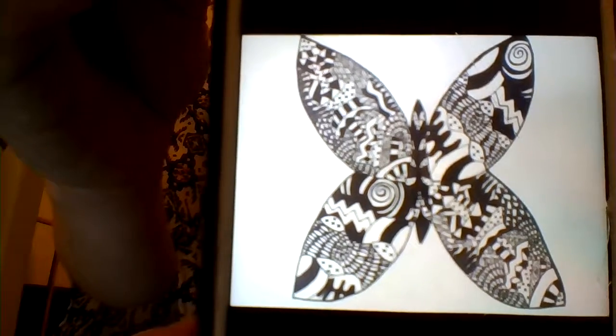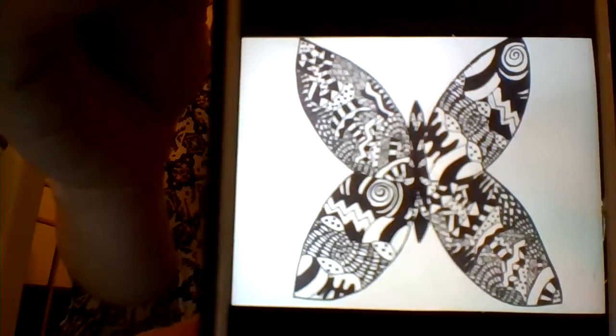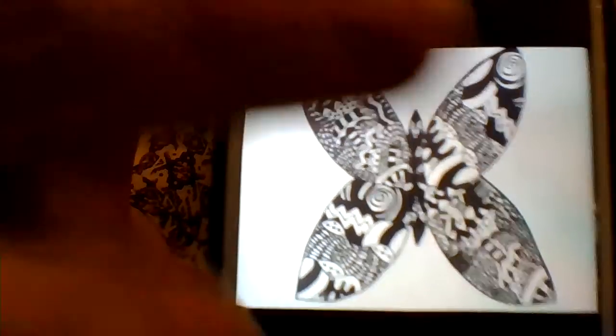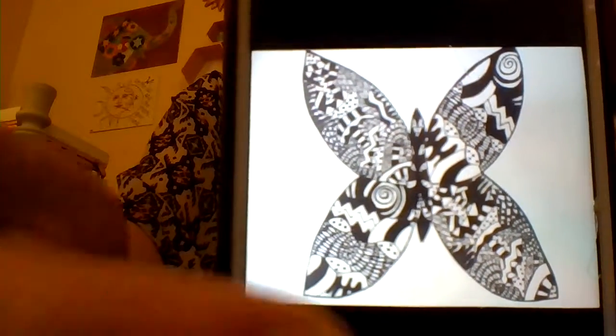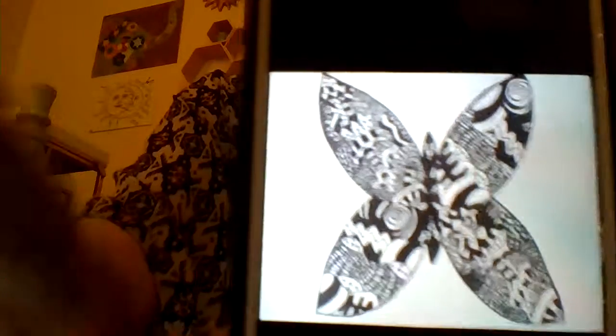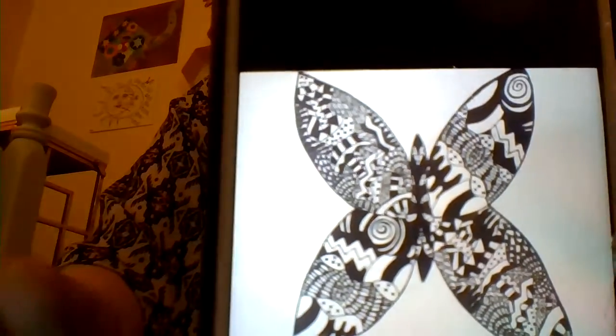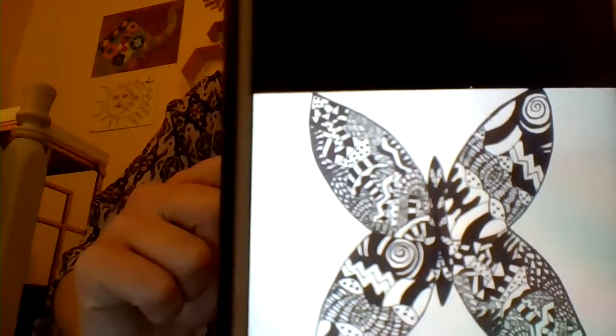The materials that I used were a heavy drawing paper and a pencil for the initial everything, and then I went back with a fine tip Sharpie to do all the intricate designs, and then a thicker Sharpie to draw in